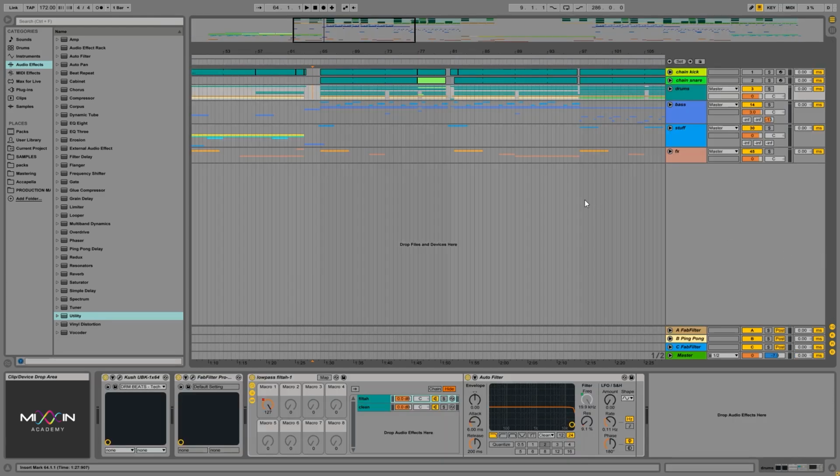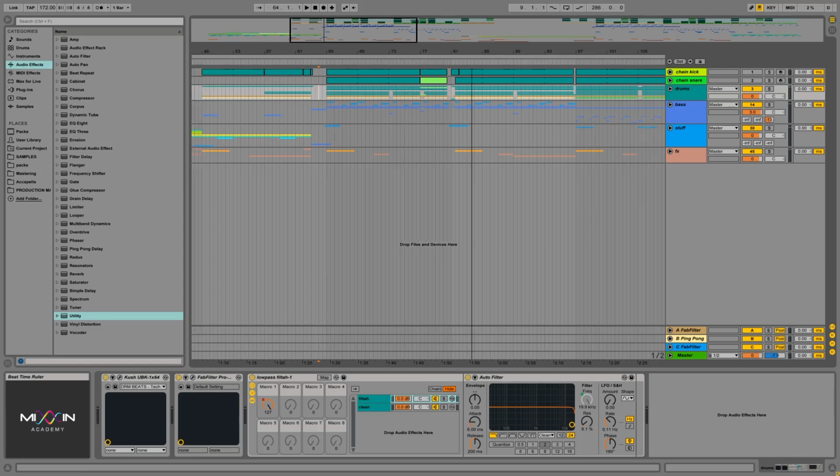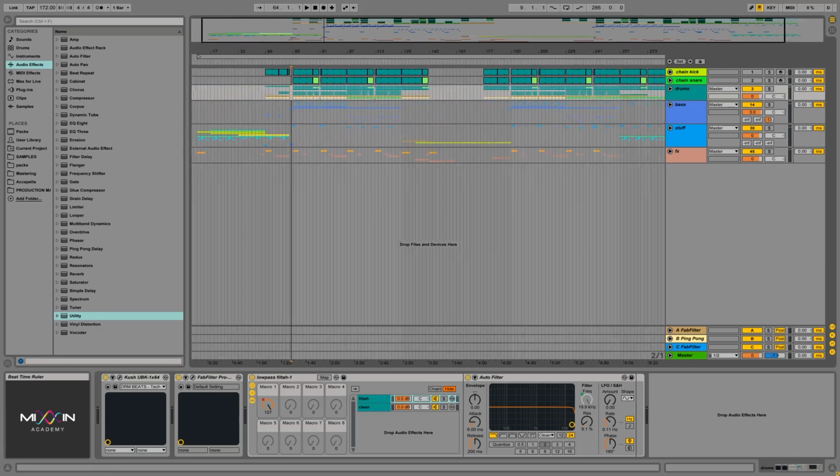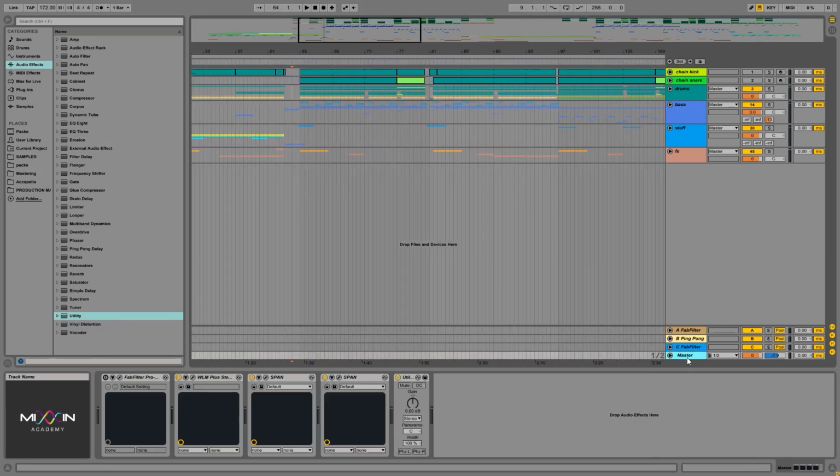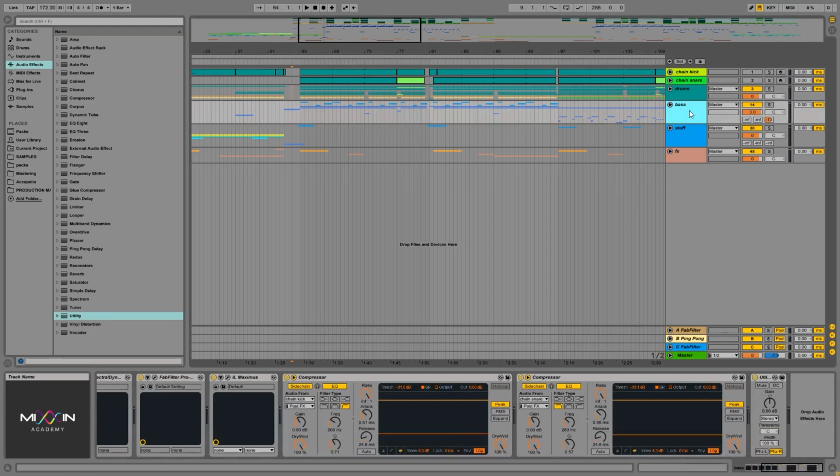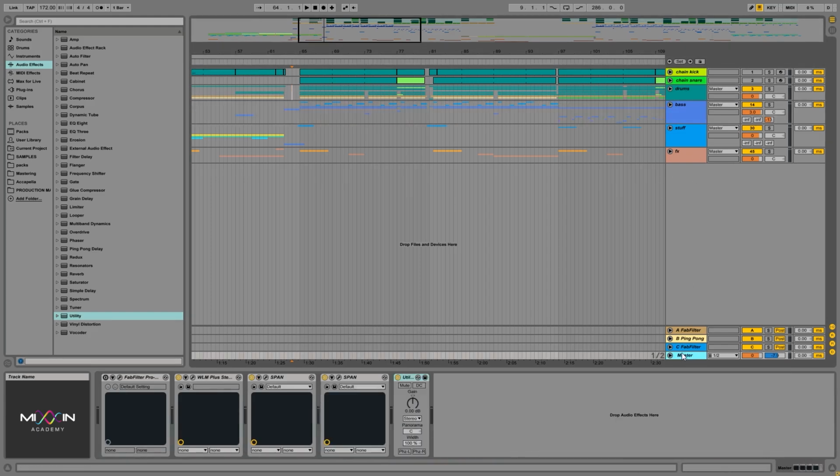Now, to demonstrate problems like this on a real world example, I'm going to play you this track, and at some point in time, I'm going to make the entire song mono, and thus you will hear what is being lost. So I have on purpose made this song with the bass that is completely stereo,